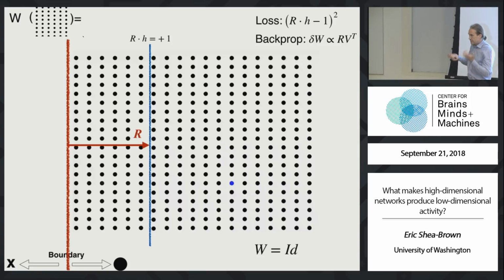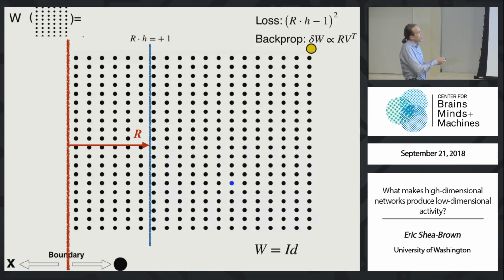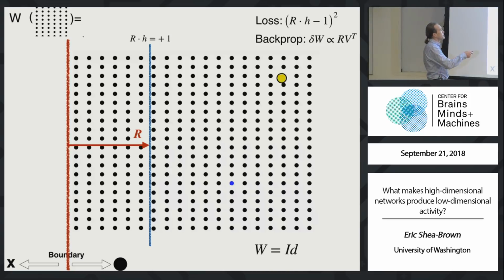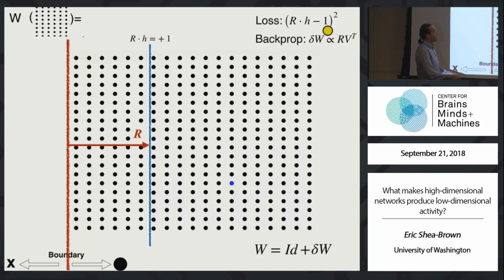It turns out, we can write that down explicitly for a linear model like this. I get that the delta W, or the increment in my weight matrix, no matter what it starts with, in order to maximally reduce this loss, is proportional to this. What is this? This is the outer product of some general vector V and R, where R is the readout vector. So think about the consequence of this. If I work in this toy model, and I update my W matrix according to backpropagation through time, every time I increment W, it'll be according to the outer product of a different vector and the same readout vector R over and over again.